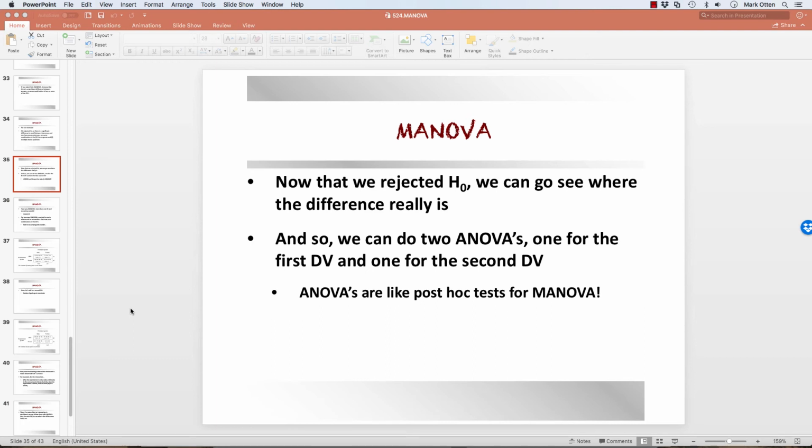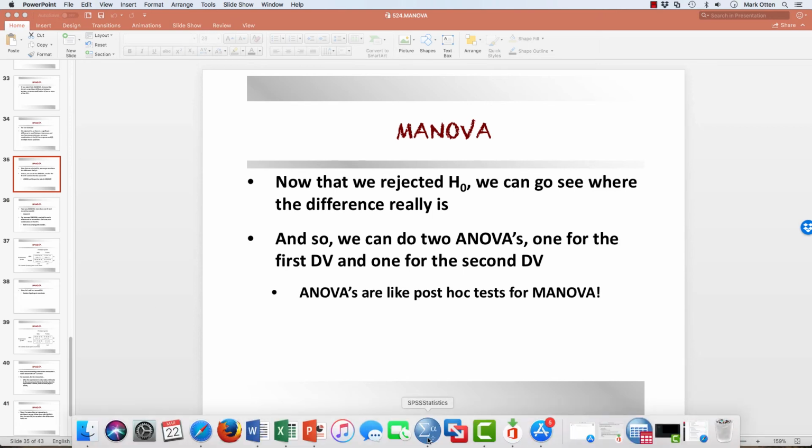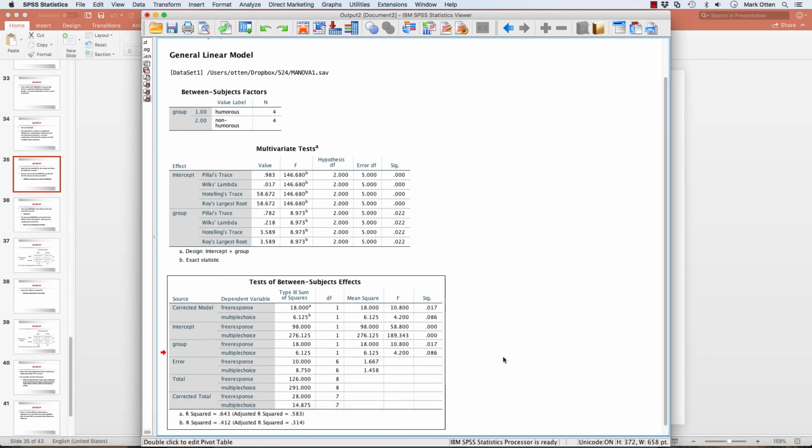I would say, since you're doing two tests here, you want to be safe and correct for 0.05 and use 0.025 as your criterion here, 0.05 over 2 that is, when you're doing two ANOVAs, just to be a little bit more stingy with your conclusion, considering you are doing two tests. But I've never been a big fan of those types of corrections. They do seem to me a bit arbitrary. So anyway,